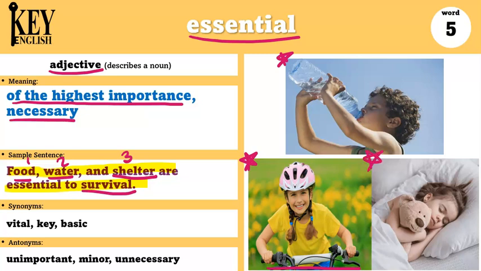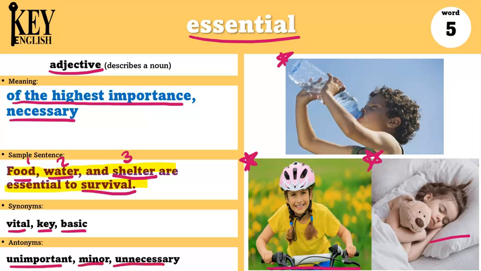And good sleep is essential for doing well in school. If you don't sleep well, then you might also have a difficult time staying awake in school. You might feel too drowsy and fall asleep. So getting good sleep is essential. Some synonyms are vital, key, and basic. Antonyms are unimportant,